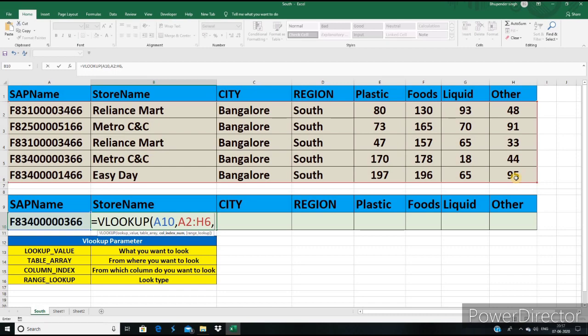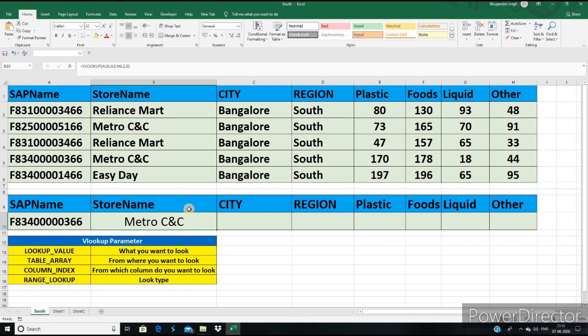So always count from left to right, A to H in my case. For column number put 2, put a comma, then exact match. We use 0 for exact match. Now here we have an answer for our single column.